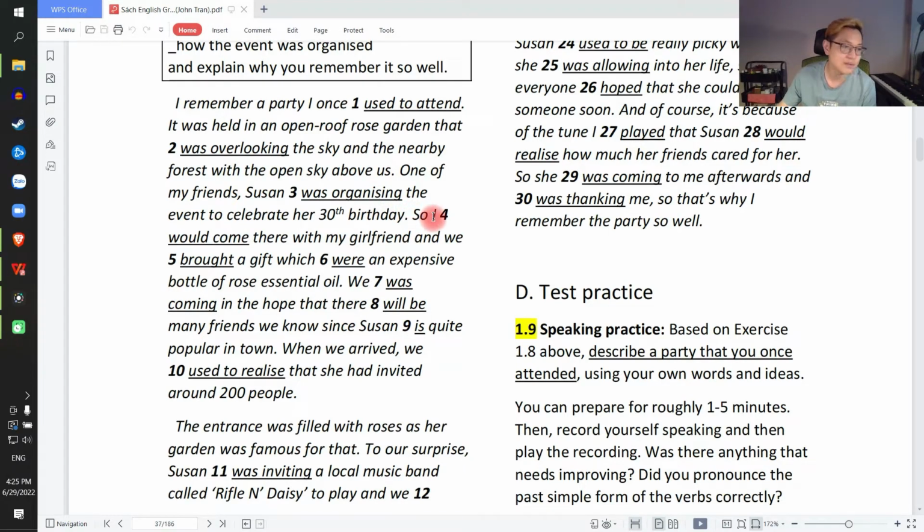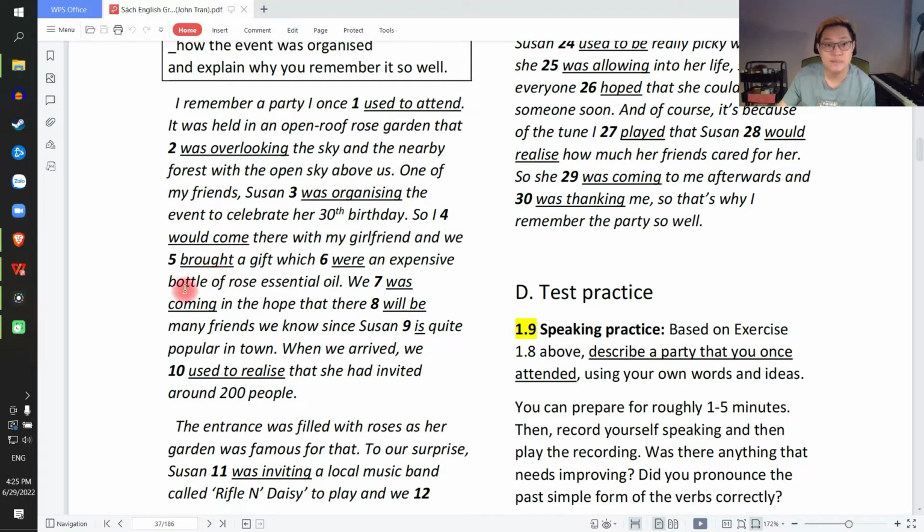Number 4, so I came there with my girlfriend. It's only one occasion, so you cannot say would come as a past habit. Nó chỉ là một cái dịp thôi, cho nên không có dùng là một cái thói quen quá khứ như là would come như thế này được. Tôi đến đó với bạn gái tôi, một dịp đó thôi. So I came there with my girlfriend, and